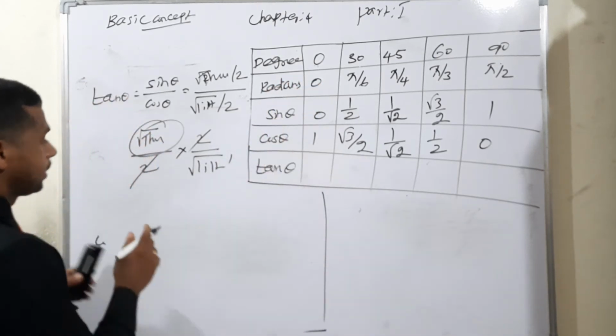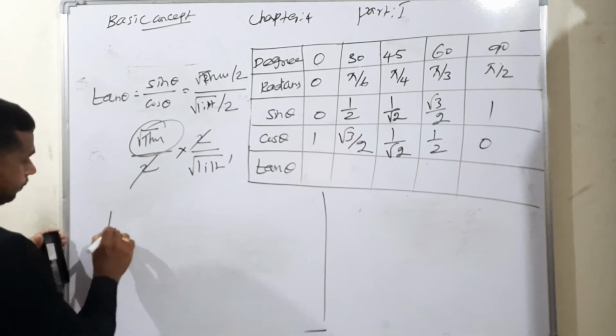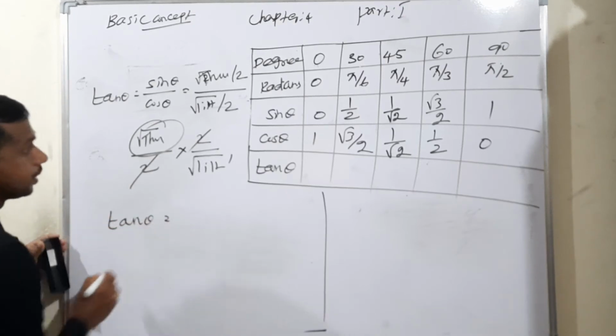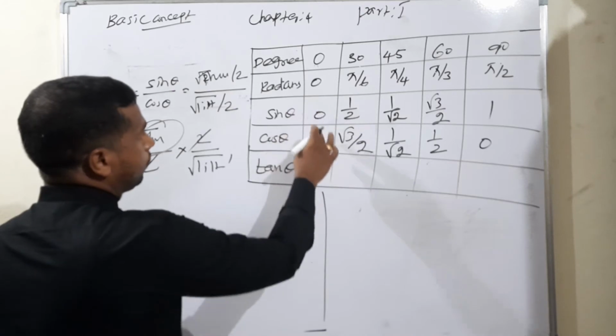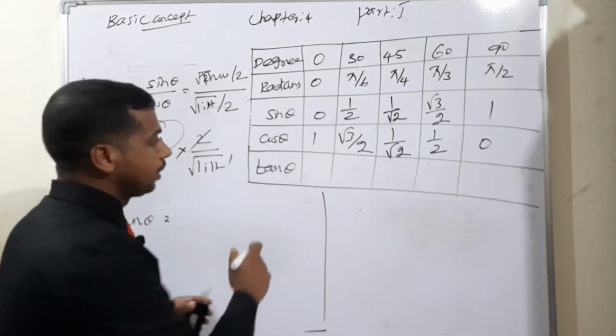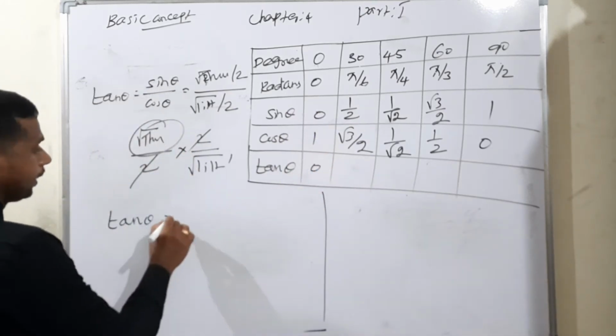Okay, tan 0 is equal to what is the answer? Sin theta divided by cos theta. 0 divided by anything means value will be 0. Okay, 0. Next condition,